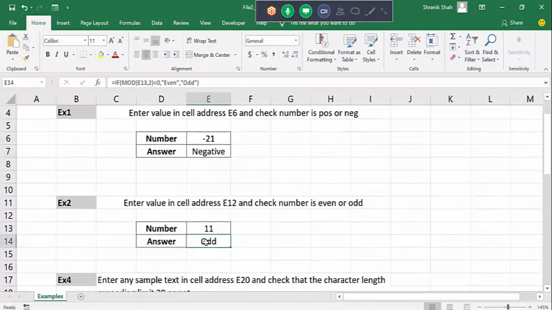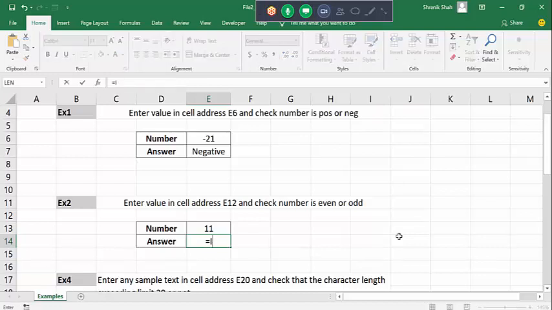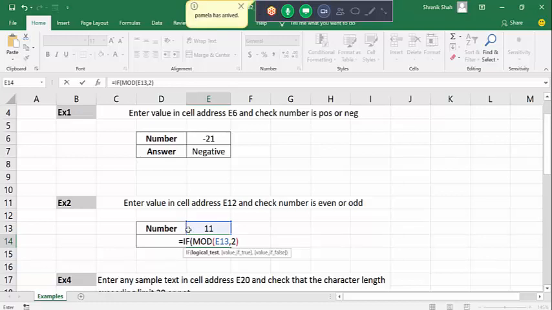One more example on the IF statement is to check whether the number is even or odd. So this is the IF function, and there I type a MOD function, I select this value, then I give a comma, I type 2, and I complete the bracket as well. First let me explain the MOD function. The MOD function checks the remainder. If I give the two numbers 11 comma 2, then MOD returns 1, because you divide 11 by 2 and the remainder is 1. Consider the number 100, so 100 divided by 2 leaves 0.